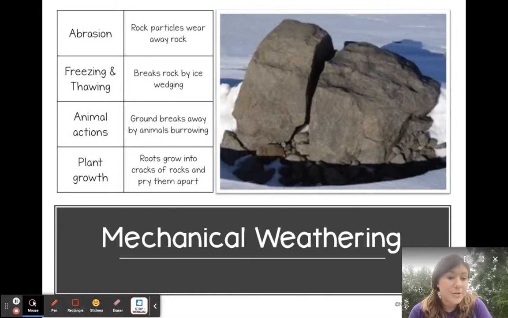But glaciers can also abrade. Sand in a river can cause abrasion. So it's a really common method of weathering. Freezing and thawing is an important one that comes up a lot, especially in climates like ours, where you get a lot of back and forth between freezing and thawing